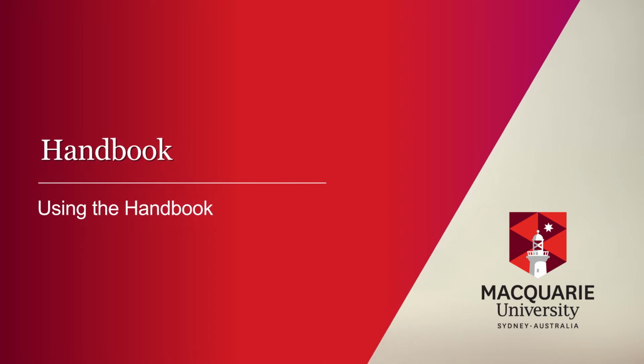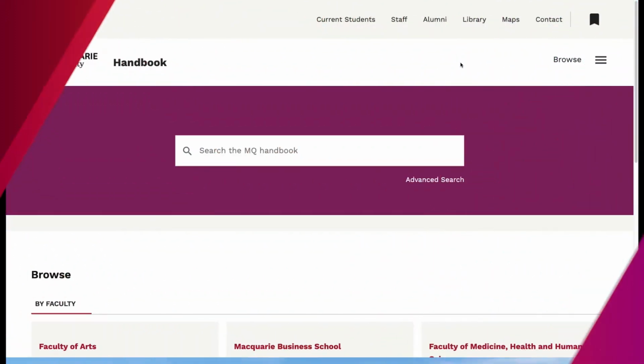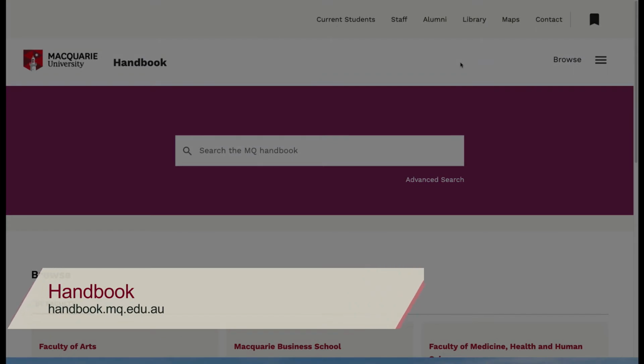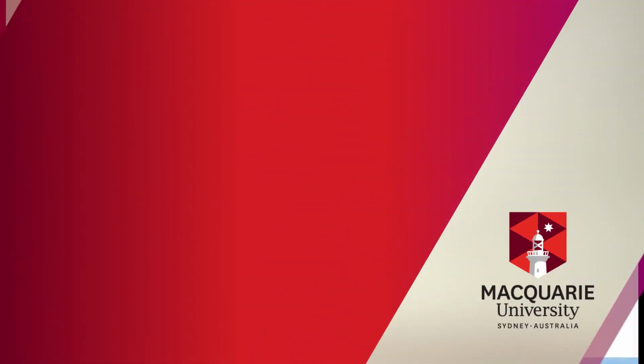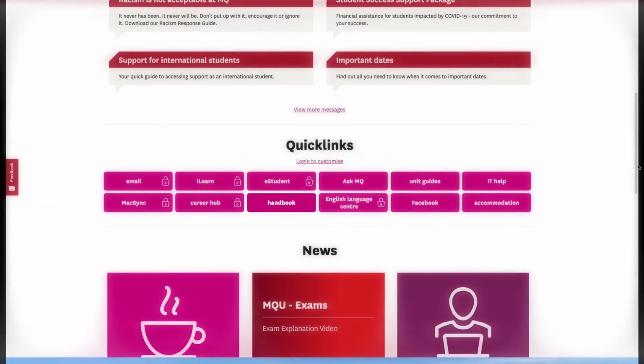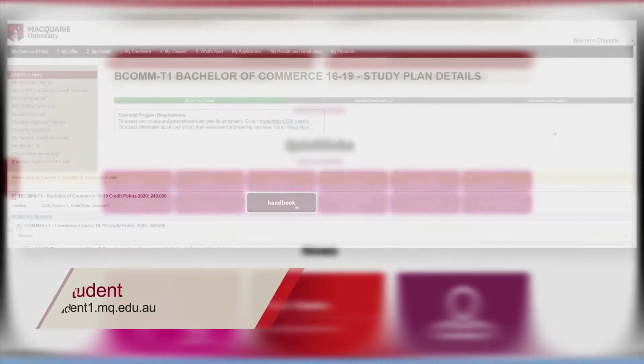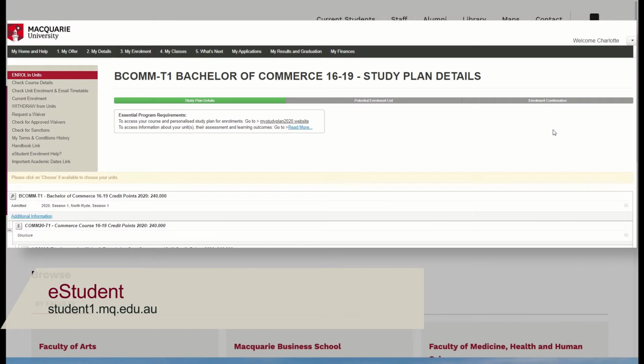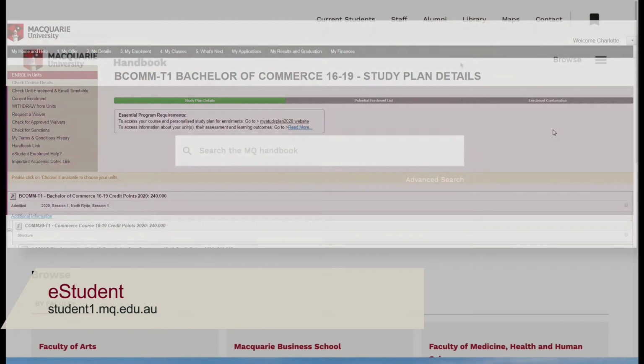The handbook is your source of truth when it comes to course requirements. The handbook can be accessed directly by entering the URL on screen or via the handbook link on the student portal. Your study plan in eStudent may differ from the handbook, so it's essential that you check the handbook for